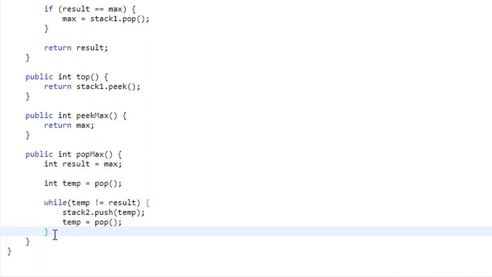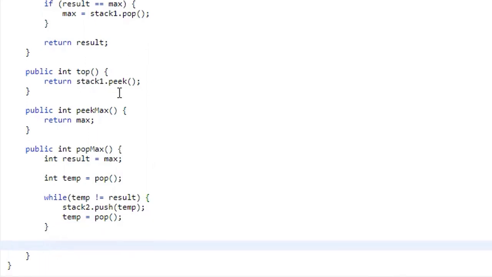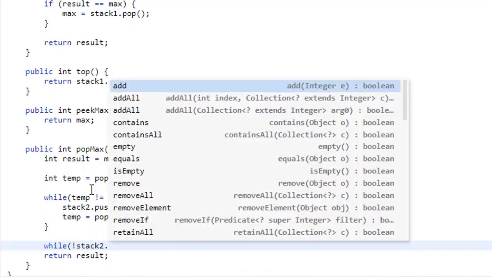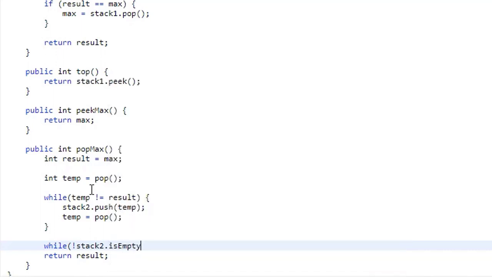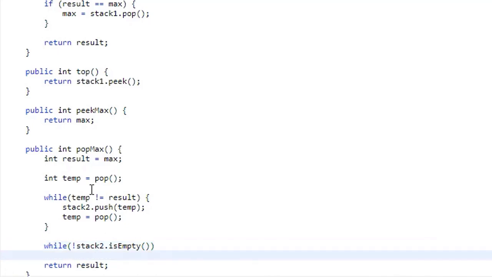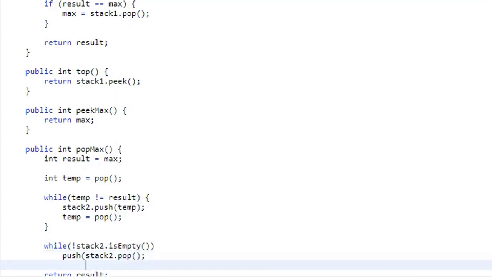All right, now when we find the number that is the maximum, we're going to return that, but we've got to deal with all the numbers we pulled off in case we didn't get to the maximum right away. So we do a while stack 2 is not empty. All we need to do is push stack 2 pop. We're going to pop each number off, and then call the push method, which will